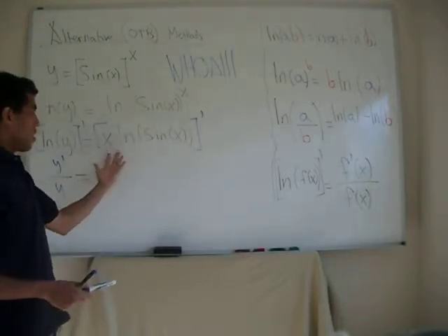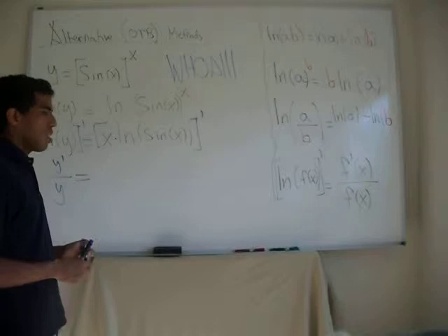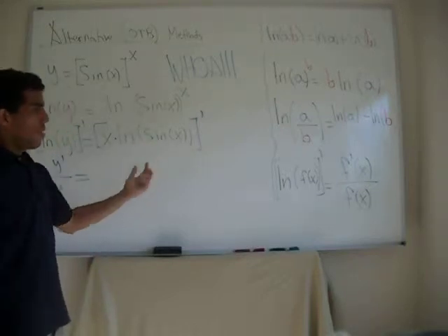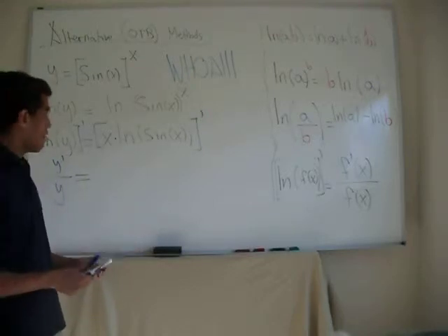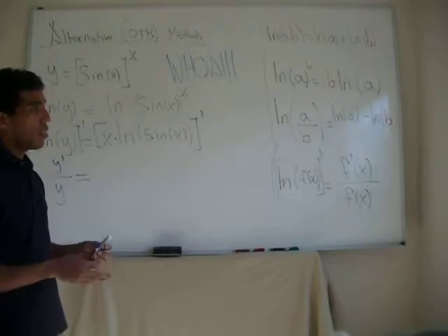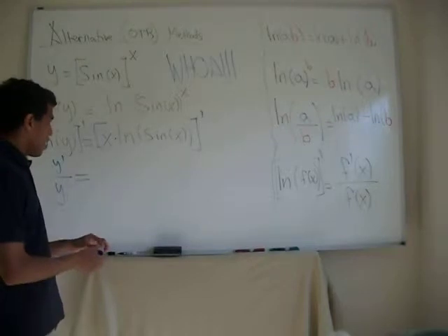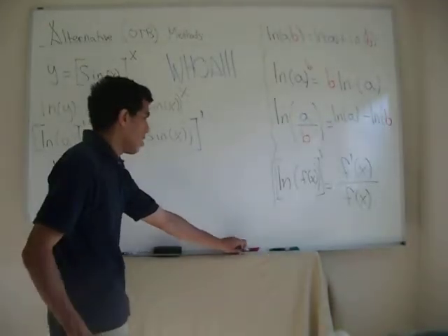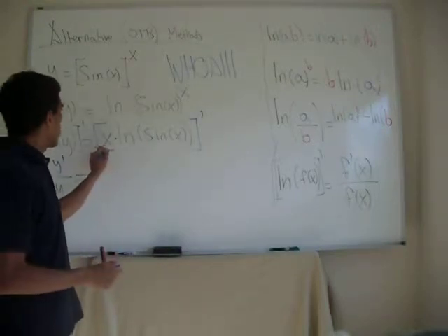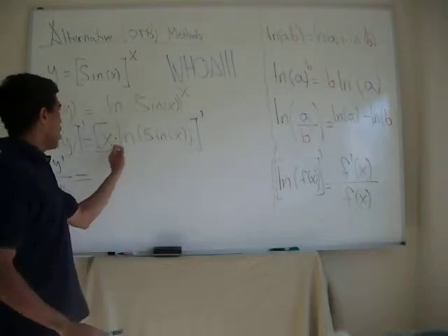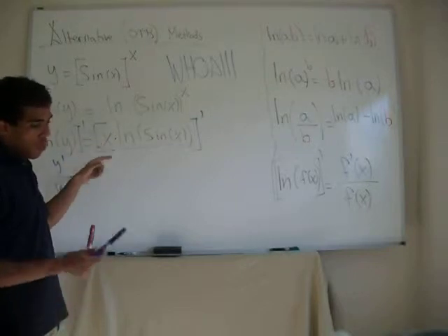Here, I have the derivative of a product, as you can see, because I have x times the logarithm of sin x. So here I'm forced to use the product rule. I have no other choice, but it's going to be way, way easier, and we can do it real quick. Derivative of the first function, the first one being x, and the second one being the logarithm of sin x. The derivative of the first is 1. The derivative of x is 1